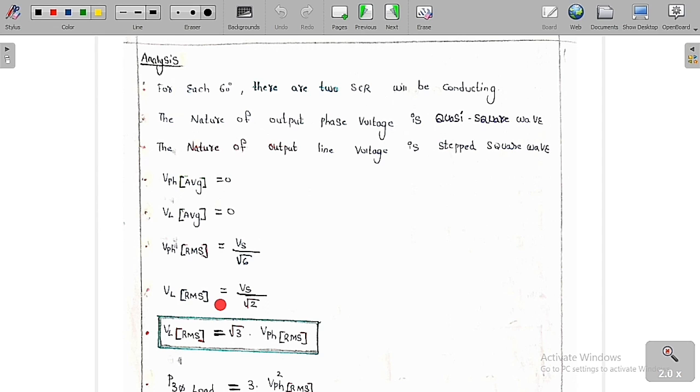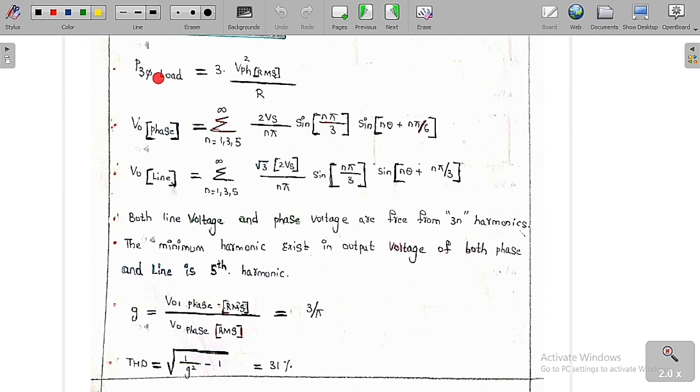For the previous case, the line voltage RMS value is under root of 2 by 3 into Vs, whereas here it will be Vs by root 2. So the line voltage RMS value is equal to Vs by root 2. This is the only thing that you need to remember. If you know this expression and substitute, you can easily get the phase voltage RMS value also. Now, as the load is connected in a star fashion,